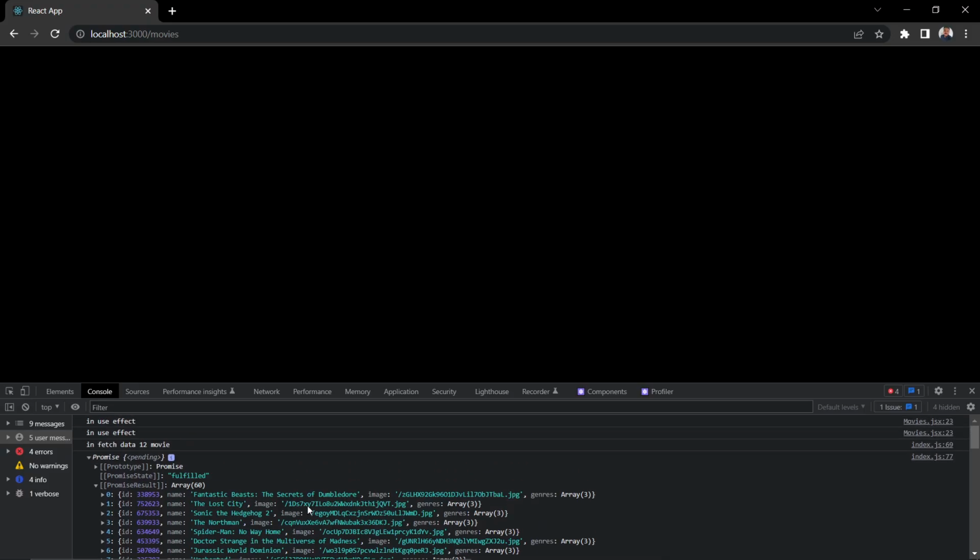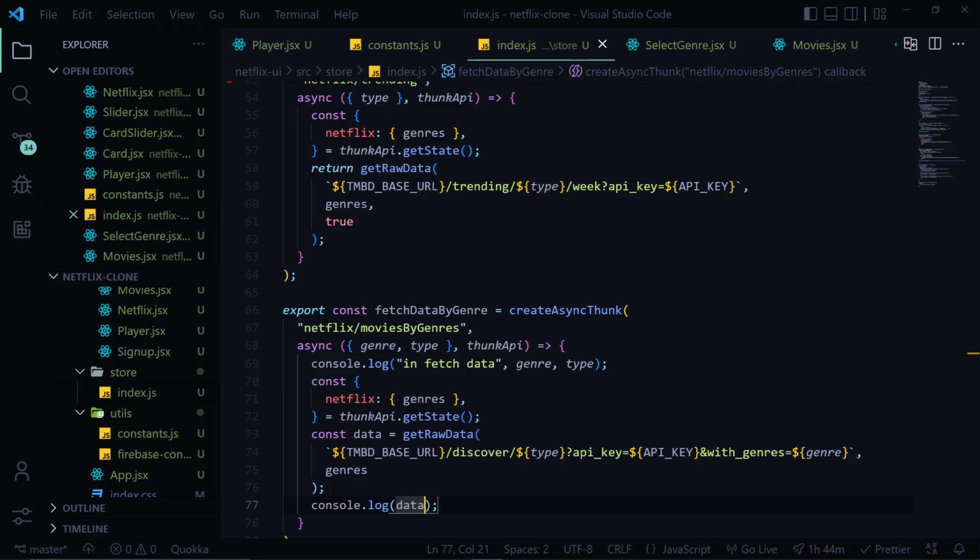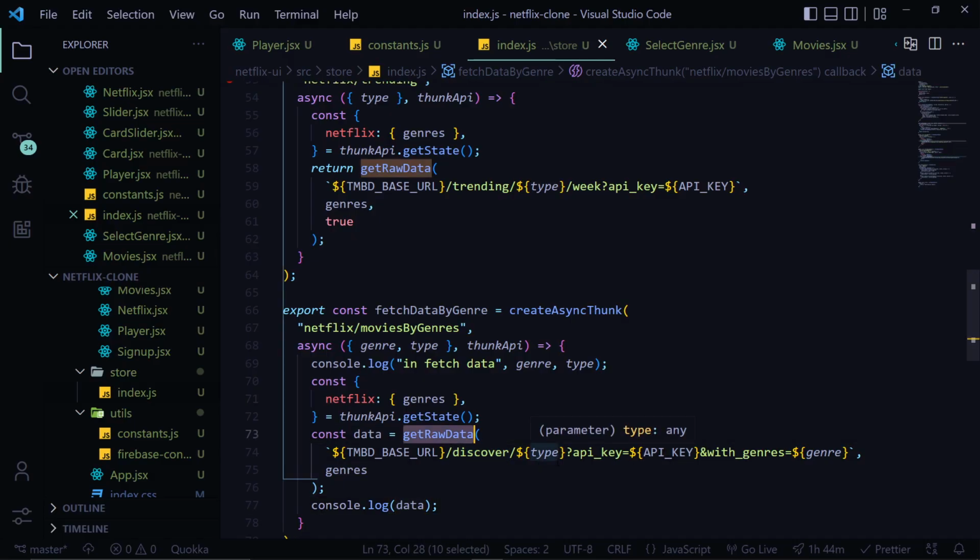I'm not sure why this is happening. We changed the API. Get raw data, discover API key with genres, and genre, fetch data by genre, and this API is being called,